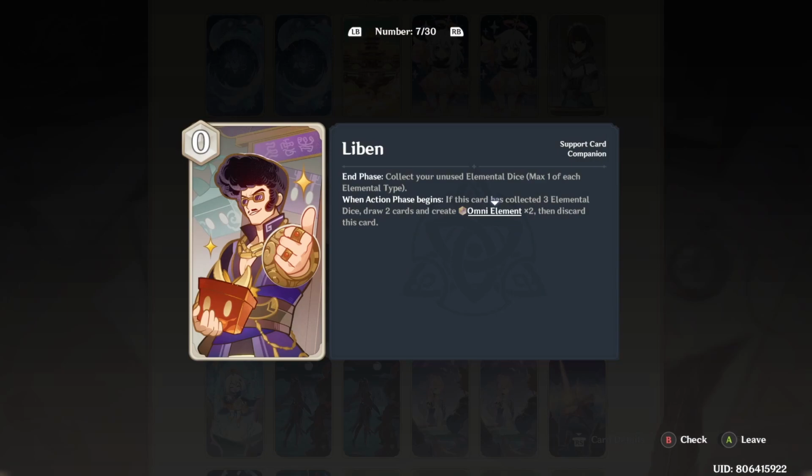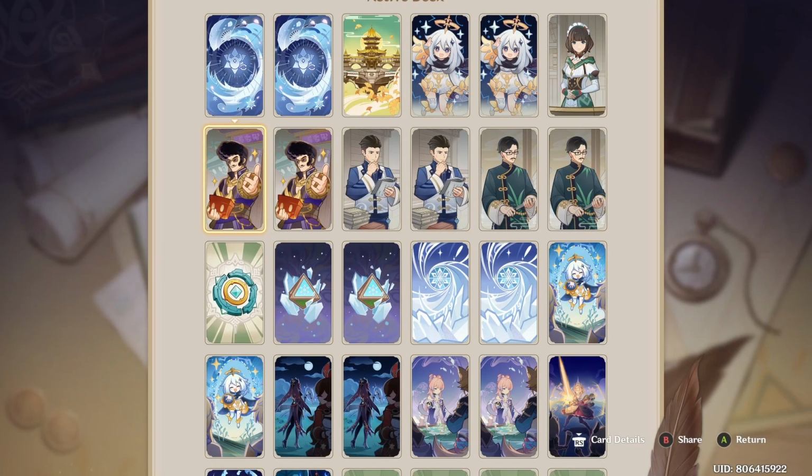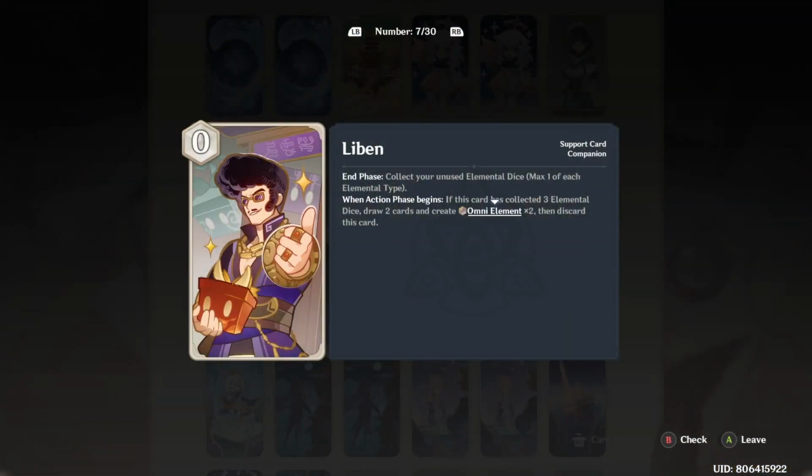If I could make any changes to this deck, I would probably take out both Libans. This is a very controversial opinion, I think, because Liban is considered one of the best cards in the game, because it basically collects your unused dice, and it converts them into omni element dice and two cards in future turns. But the reason why I think we might be able to cut Liban for another Catherine, another Leave It to Me, is because this is a very